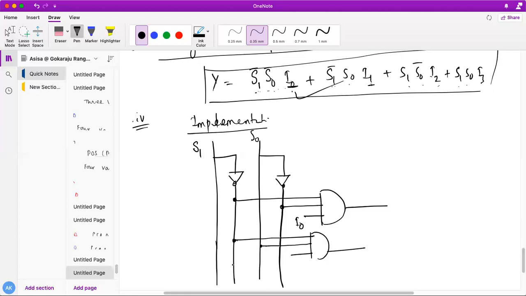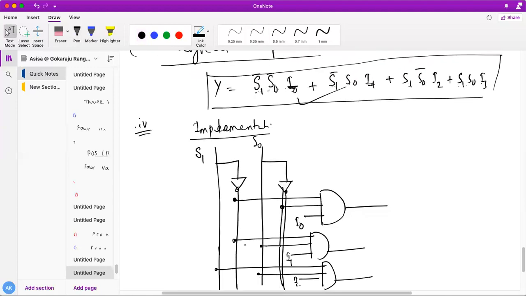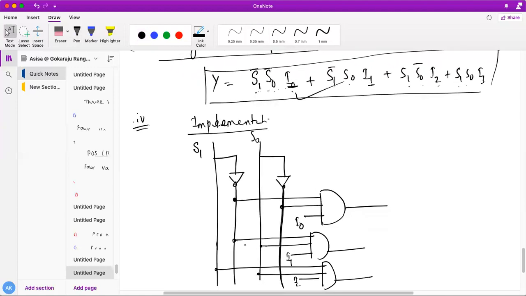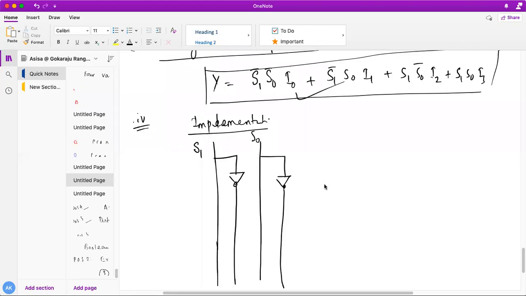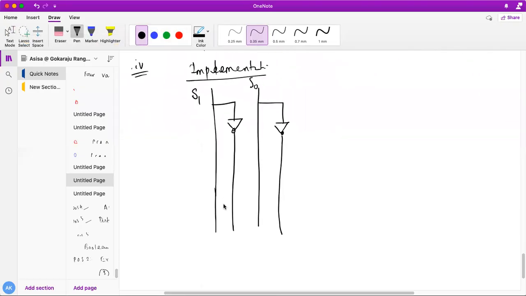Next S1, S0 bar, I2. So what we have got is the expression S1 bar, S0 bar, I0.